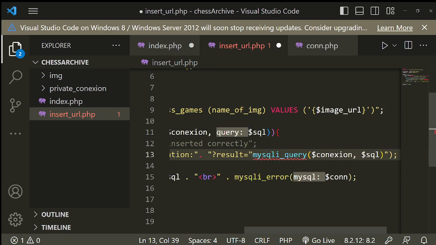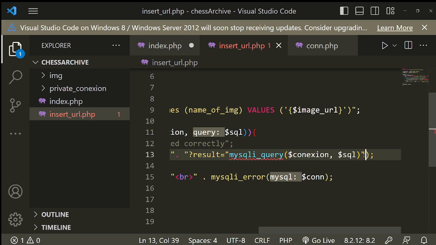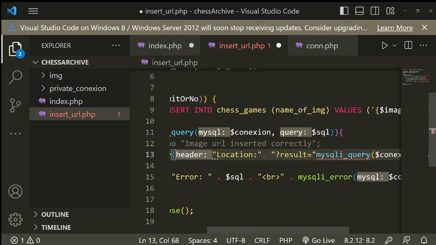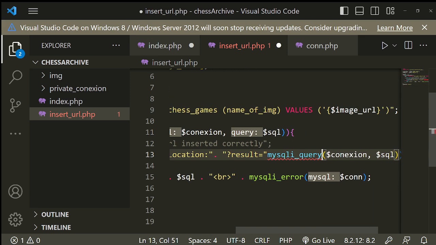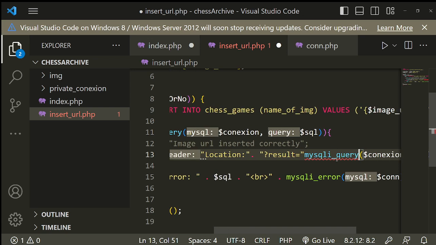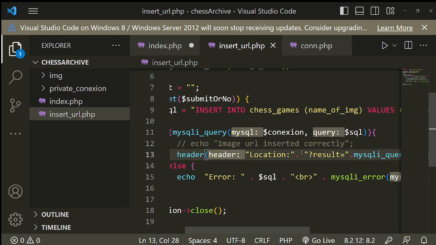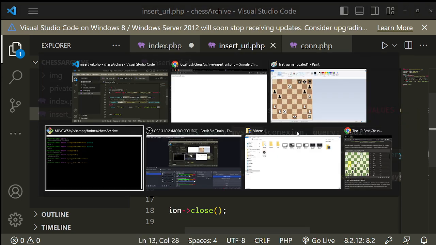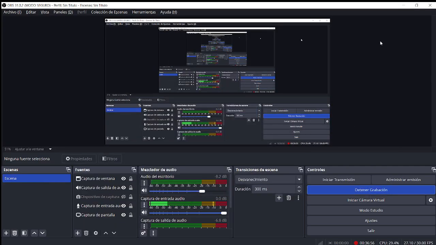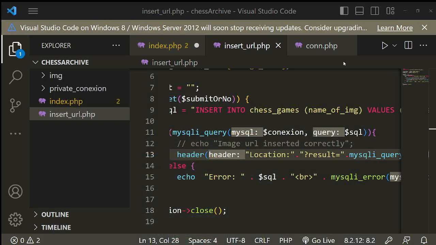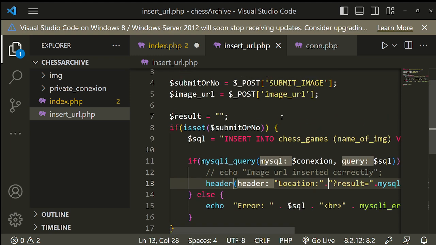MySQLi query, and let's close this here. This close here. This close there. Okay, okay, okay. And here is missing one point. There you go. This is concatenating. Okay, this is concatenation. Let me see how much time I have recording. 36 minutes. That's a lot. And